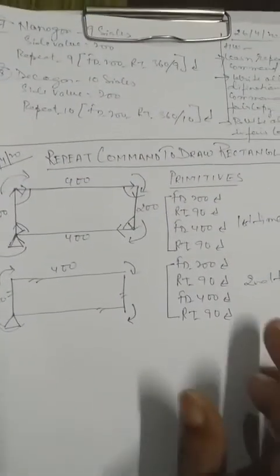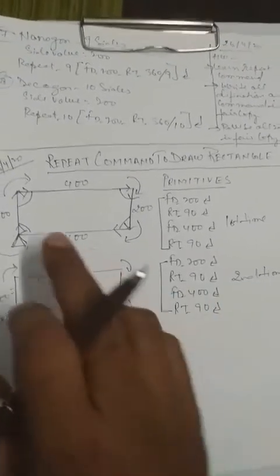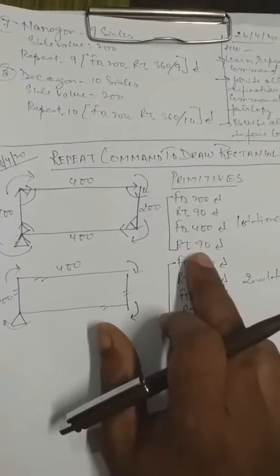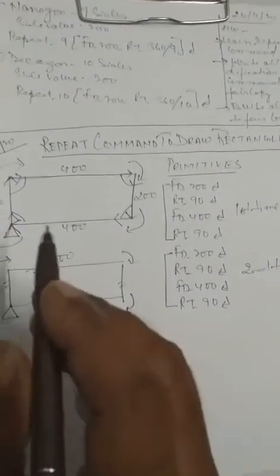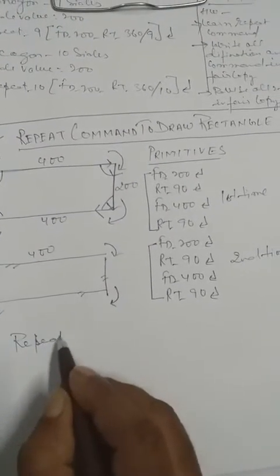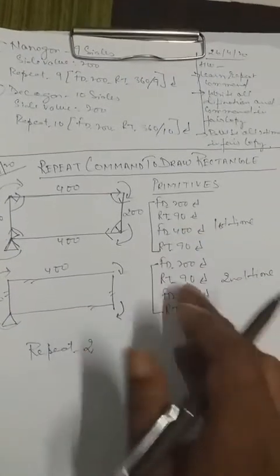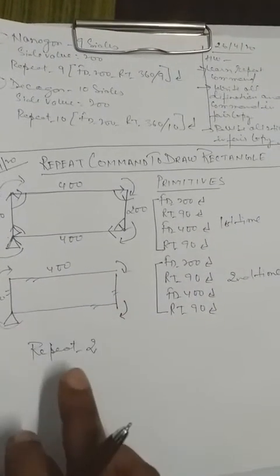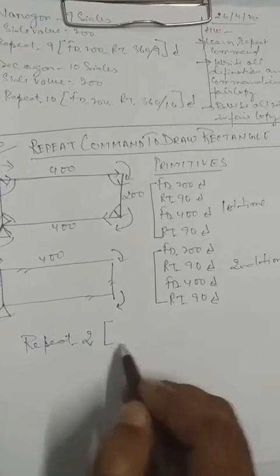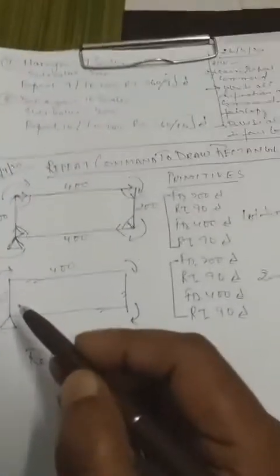That is what we noticed in the primitives of the rectangle. We have seen that 2 sides we are repeating 2 times. So when you want to draw the rectangle, you will write here repeat 2. You will not write repeat 4 because you are repeating 2 times. So it is like a square but not a square. So you will write repeat 2. And under the bracket you will write a command like the square, not one side 4 times. Here you have to write about 2 lines, 2 times, that is 200, 400.